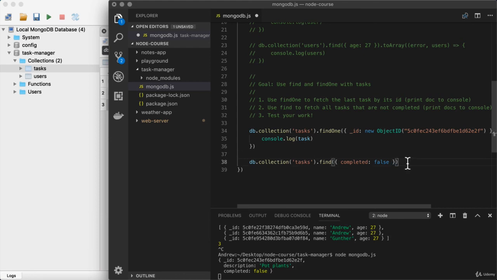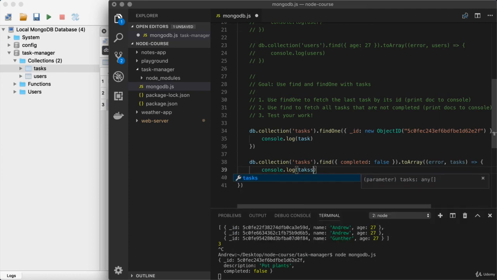Now we could use other cursor methods to do other things. In this case though, we do indeed want to print all of those documents, so I'll use toArray. When we use toArray, it actually goes off to the server and fetches all of those documents. Right here, we either have an error or we have our list of tasks. Perfect. Let's go ahead and print them.